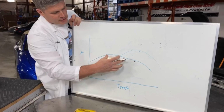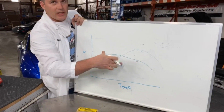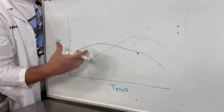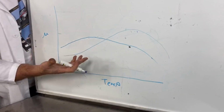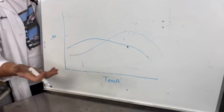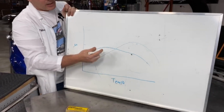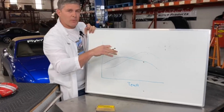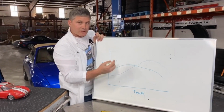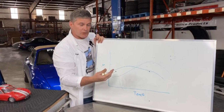The problem is as you move around, these ratios change. You're going to find that your brake balance changes as your brakes get hotter. So it's a common thing to do, especially if you're limited by class rules. Spec Miatas, for example, there's a very limited number of things they can do with brakes, and so they will do stuff like this to try to get their proportioning where they need it. But for a car that is not just a single-purpose car being used on a single-purpose track for a single weekend,